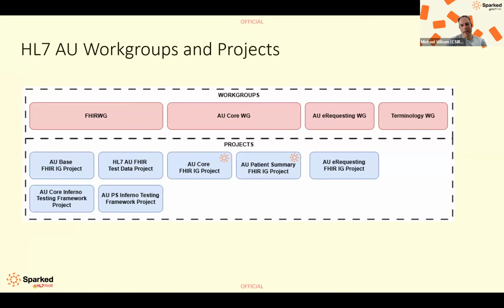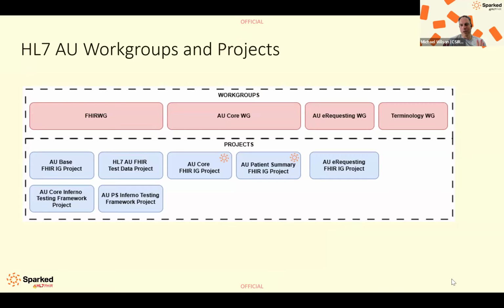You'll notice that we now have a new work group, an AU Core work group. We stand alone on our own work group. Before, the technical design group was a subgroup of the FHIR work group, but now we've graduated. We've got our own work group to ourselves. But within that, we have our two projects with the AU Core FHIR IG project and the AU Patient Summary